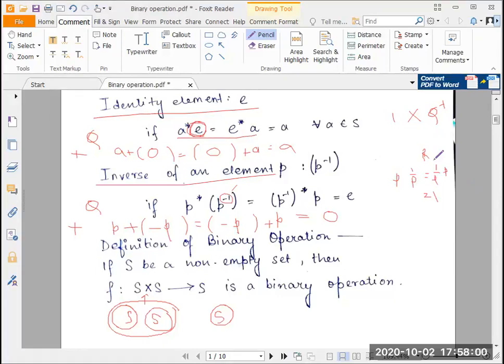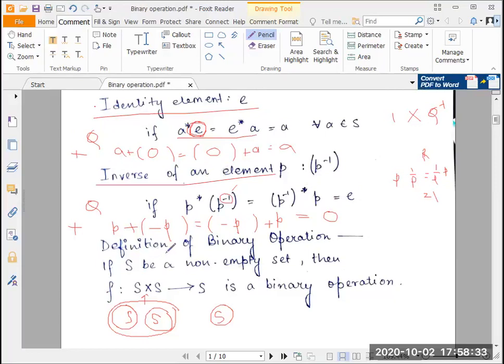So an identity element is an element such that when it is operated with a particular element, it returns me the element that I started with. An inverse of an element is an element such that when I operate a particular element with the inverse of that element, it returns me the identity element which exists for the binary operation defined on a particular set. So this identity element comes before inverse. If you don't have an identity element, the question of inverse doesn't arise because it won't return me this identity element. So it depends on the identity element.